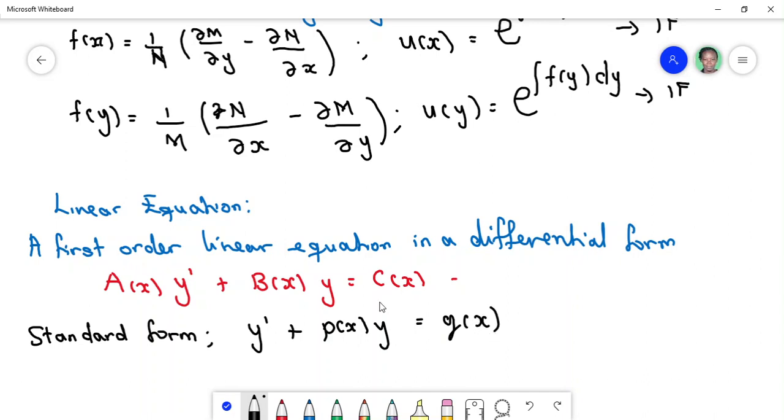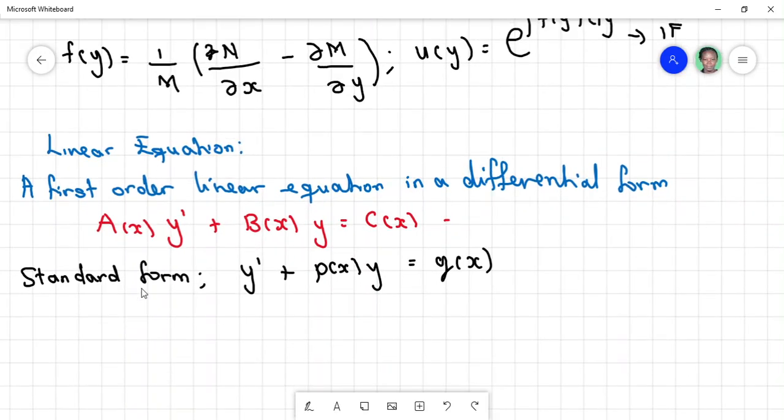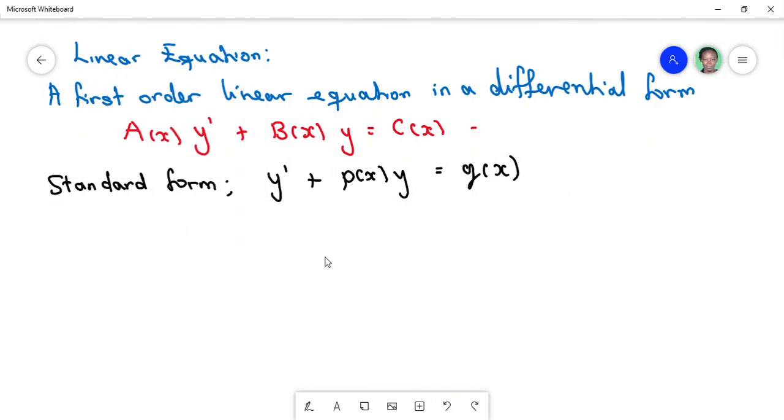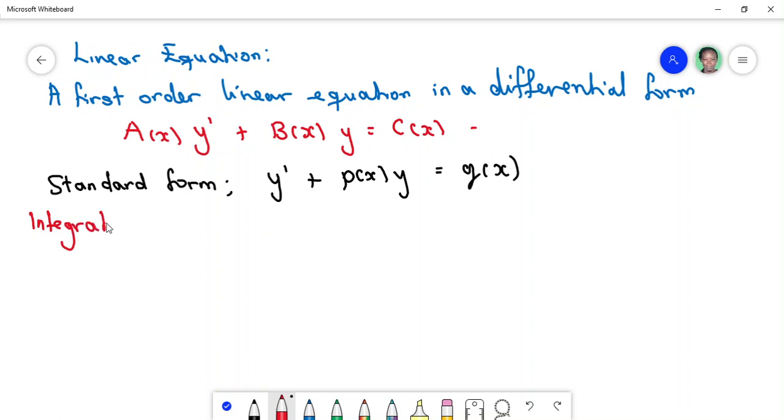So if I'm able to write my differential form in the standard form as this, then I could find my integrating factor. So my integrating factor, the u I was using, is going to be the exponential